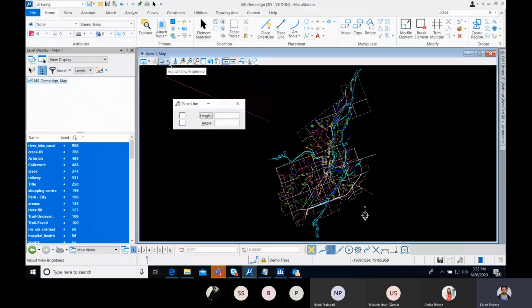Then this one is for brightness. These are normal zooming tools: zoom in, zoom out, fit view, rotate, view previous, and view next. So you'll use it very often to navigate within your project. Then this particular bar here is called the view bar, and it has options for, say, going to a previous